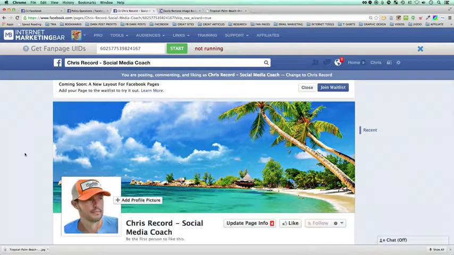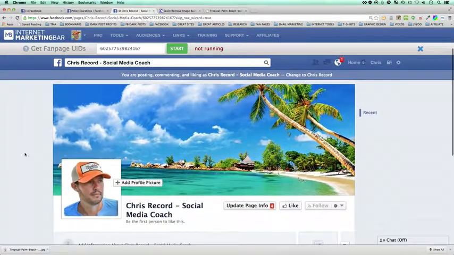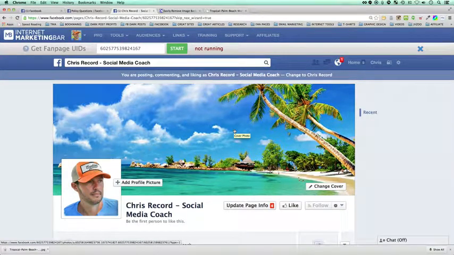So just like that, our fan page is coming to life. This is what people see: a nice tropical background, your picture, and it pops off. Now, I'm going to show you one very cool thing that you could do. You can actually design your own cover photos. Most of you are probably not Photoshop designers, so I'm going to show you a very, very simple way